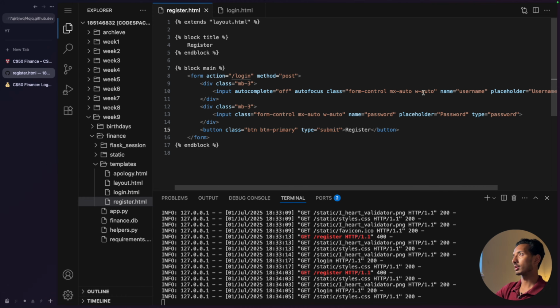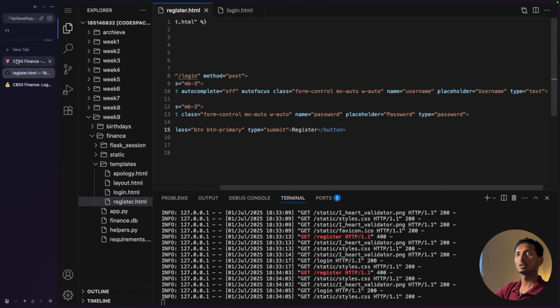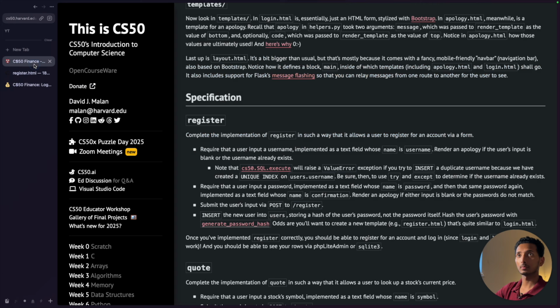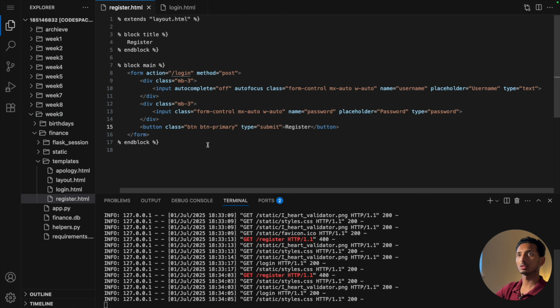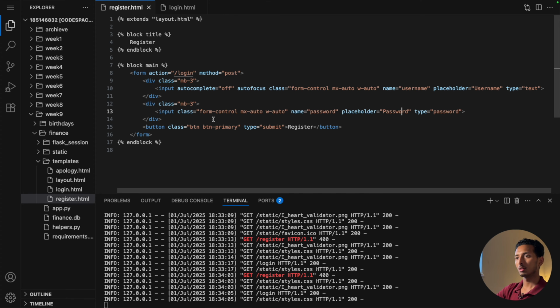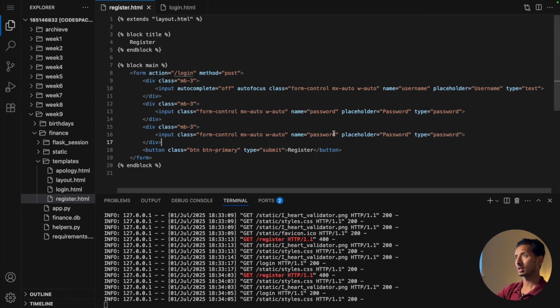So right now we have something called username, and then we have, hold on, let me get rid of the side panel so that you can see everything properly. So right now we have username and password, which is just copied and pasted from login.html. What we also have to do is create another section for confirming the password that the user enters while registering. So to do that, I'll just copy this, I'll press enter, I'll paste it,